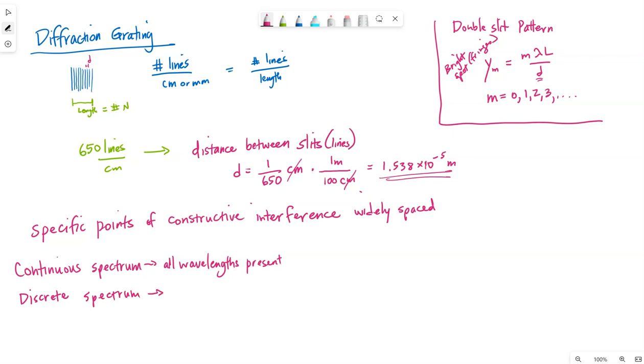Discrete spectrum meant specific wavelengths are present. And that is fundamentally due to how the particular element, its electron structure and electron energy levels are presented. So that's more of a modern physics, a quantum physics type discussion that we're not talking about. Ultimately, what we want to know at this point